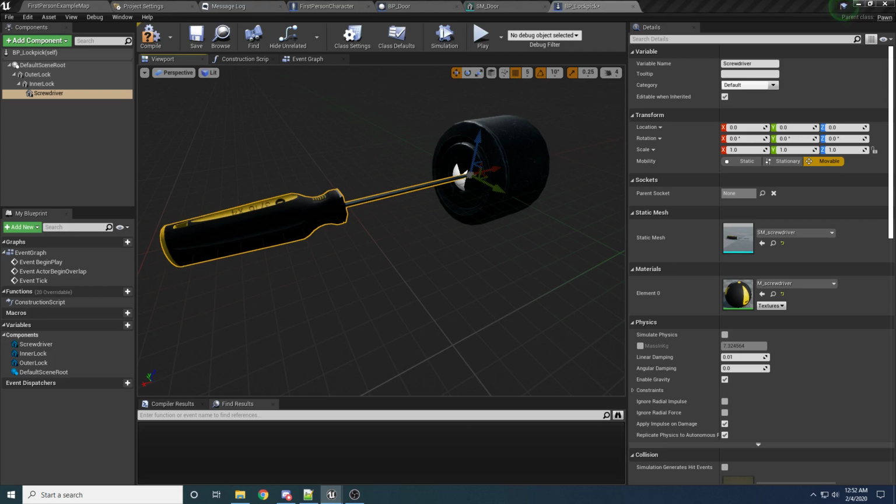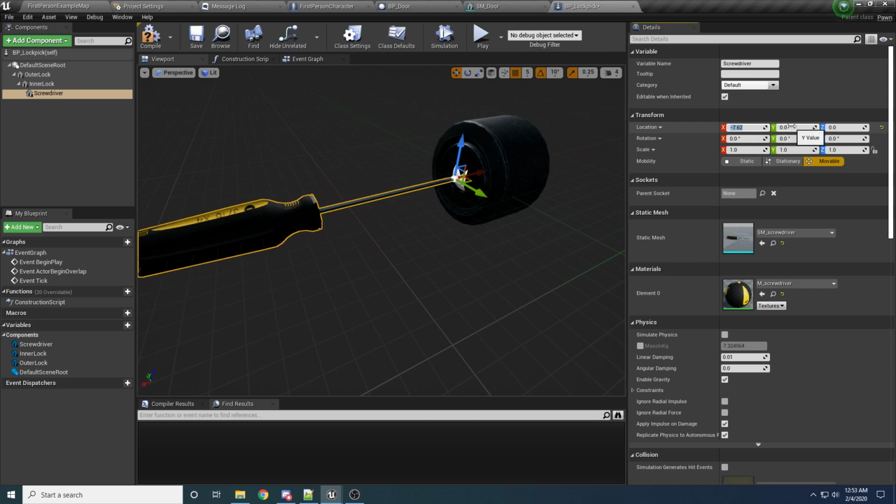I'm going to use the same values I used in my other project, just because I know they work pretty well. So let me click on it and see what they are. All right, so click on the screwdriver, and then over here on the left, we're going to go with negative 7.62 on the X, and on the Y, we're going to go with 0.43, and on the Z, we're going to go with negative